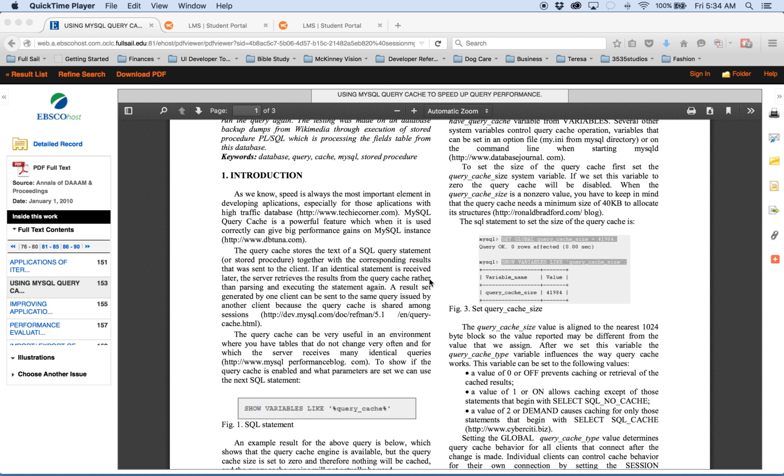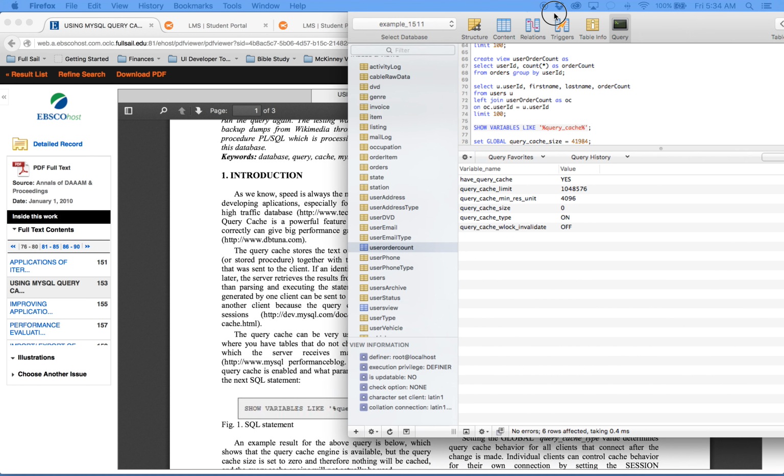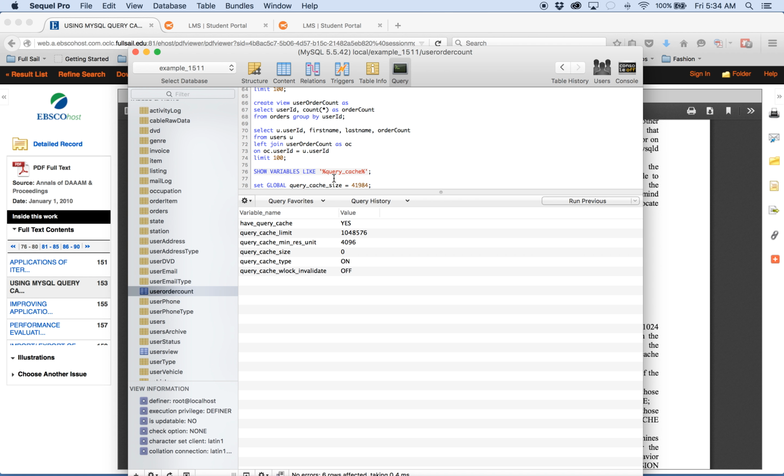One of the things I really liked was that I thought, well, let me just try this SQL statement here where it shows the variables. Now I'll bring this over into this screen so you can see it. I ran that from the article, which says to run this previous query cache. I see all the parameters: query cache, yes, the query cache limit, cache min res unit, and the cache size, and cache type is on, and the cache